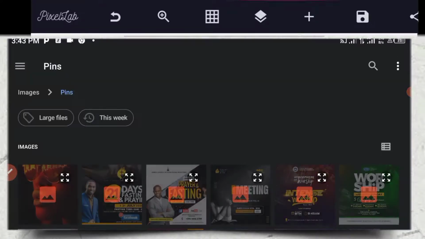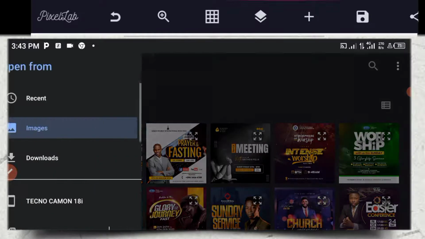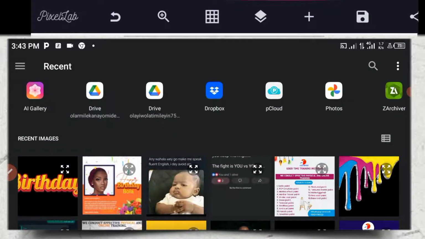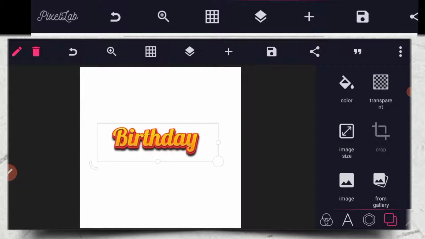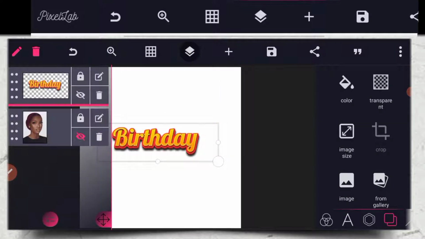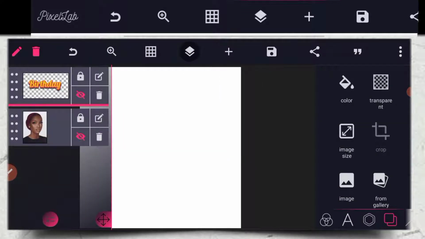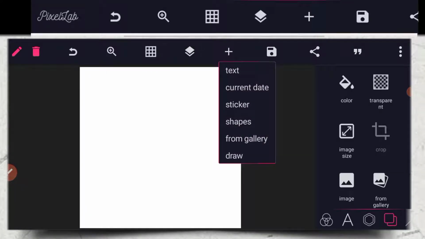Then you click on from gallery. Then you bring out this one that you just downloaded. You bring it out first. So this is it. So after you bring it out, you edit a little bit. So you go to your layer and you edit again. So the next thing I'm going to do right now is to